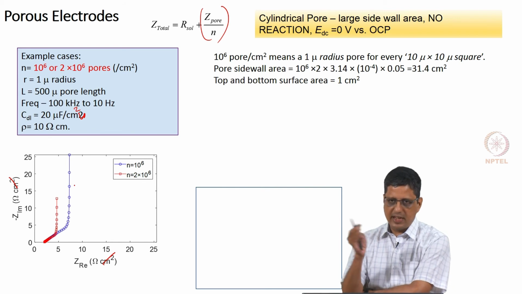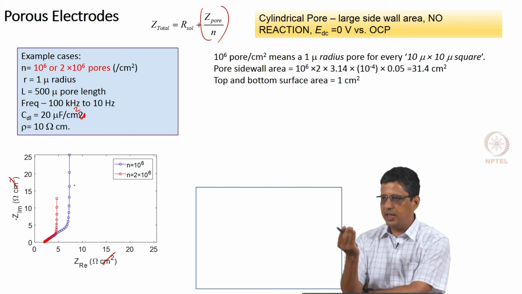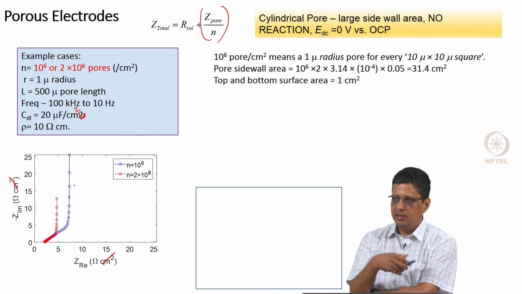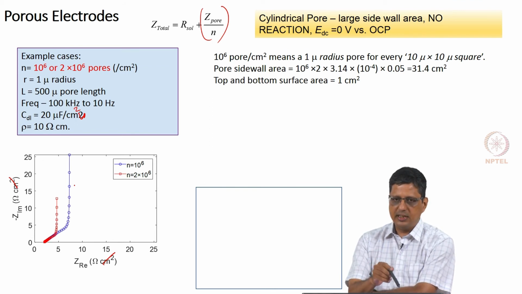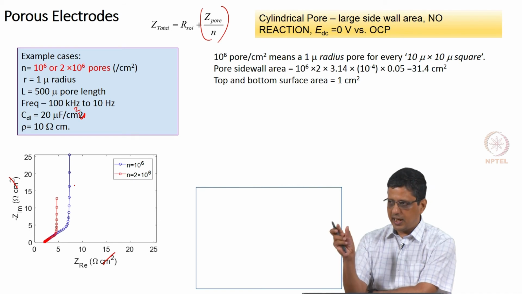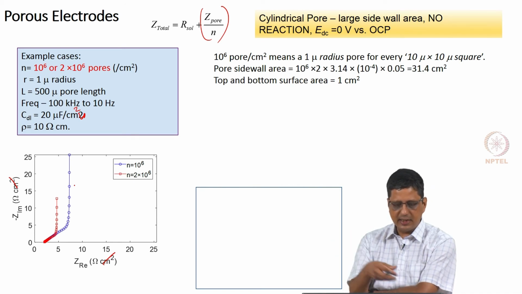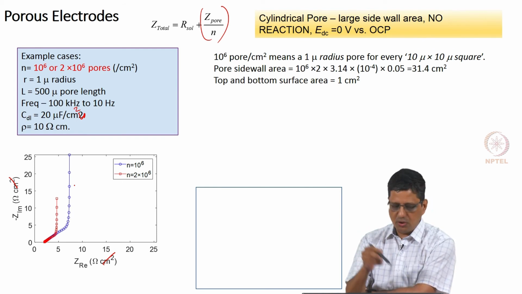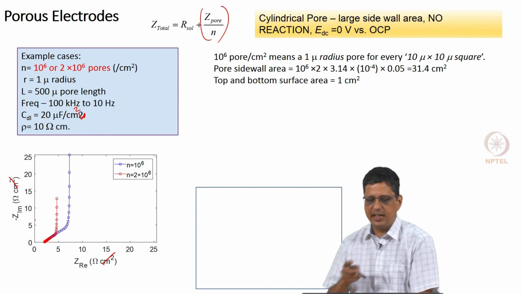See if you can estimate the length. Length is again going to vary depending on where you cut it, even if you use SEM, it is going to vary. So, you can ask whether you can model this using this particular description, then you take an average length, you take the average radius and then see if it can model this. When you plot it initially, you will not know all these things, right. So, you will just plot it based on the geometric surface area.